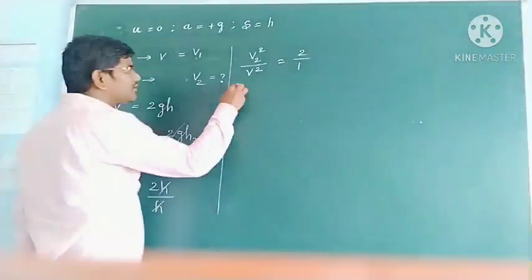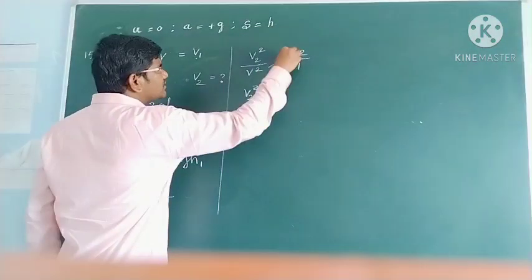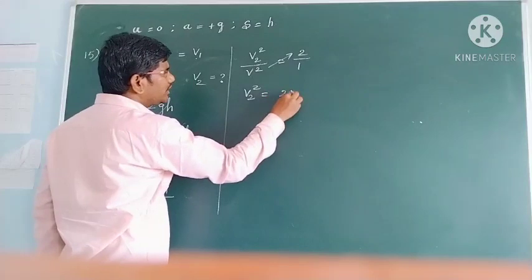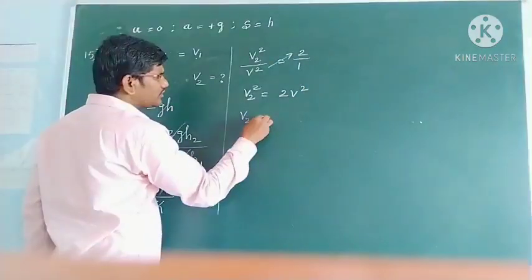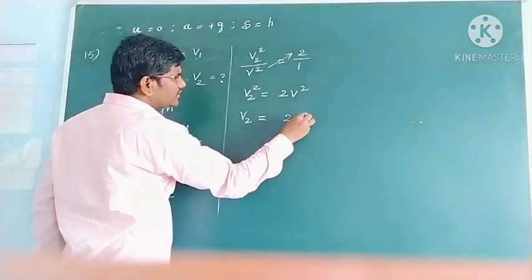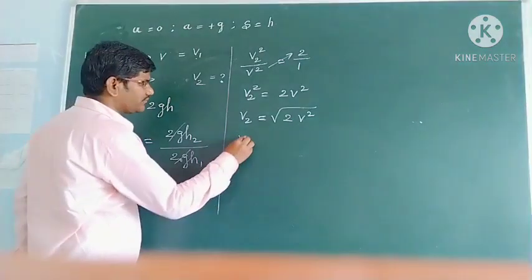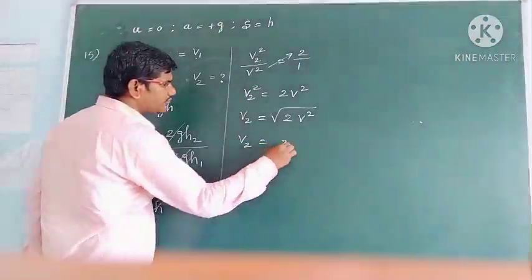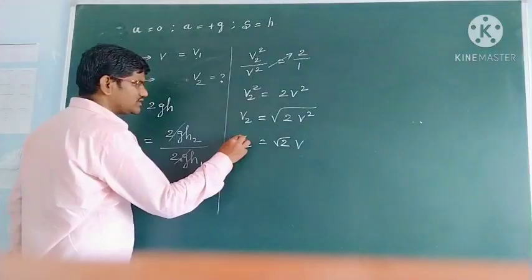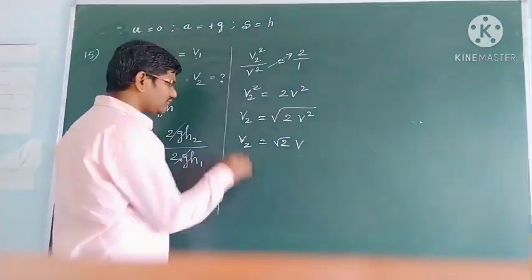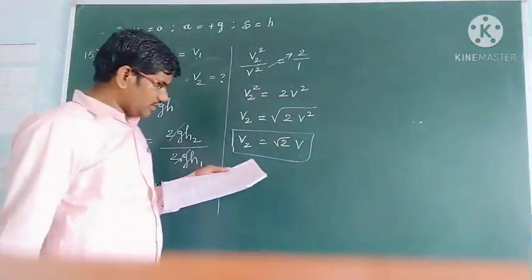So then v2 square is, we do the cross multiplication, 2 into v square. Then v2 is equal to, take the square root of 2v square. Okay, students. Then v2 is equal to root 2 into v. So this is the answer for the 15th question. Now we can go for